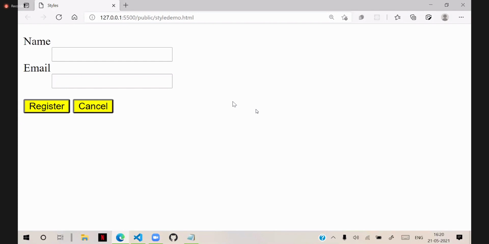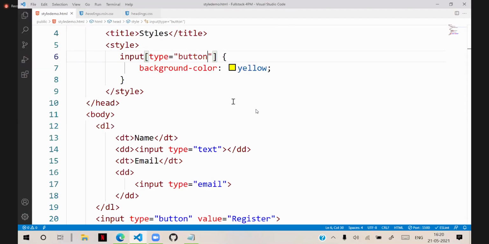It can apply only for that button. So input type is equal to button, we are configuring that. So this is the attribute selector. That means we are applying the effects based on attribute and value.